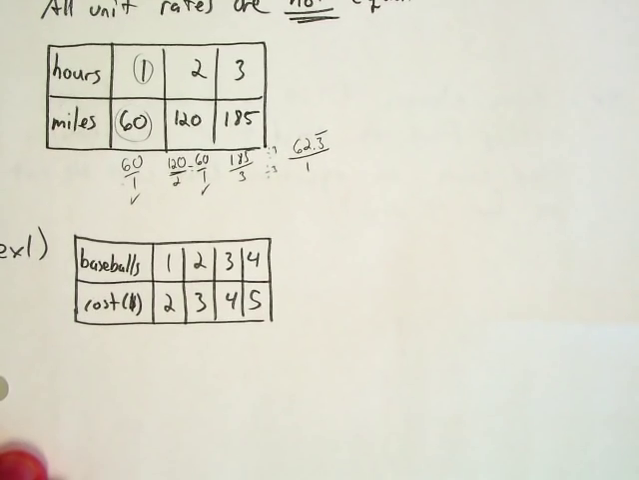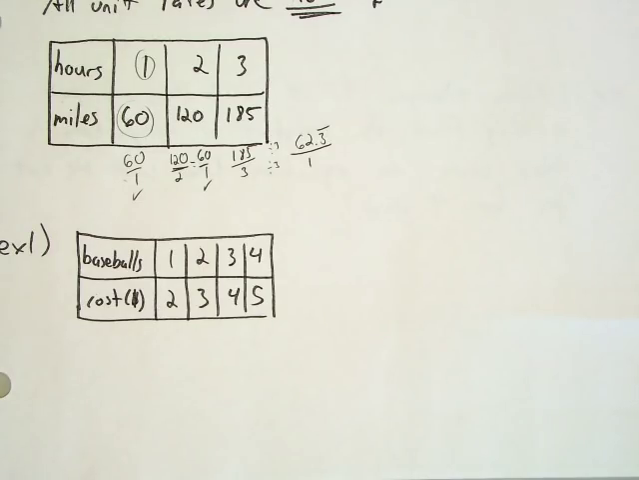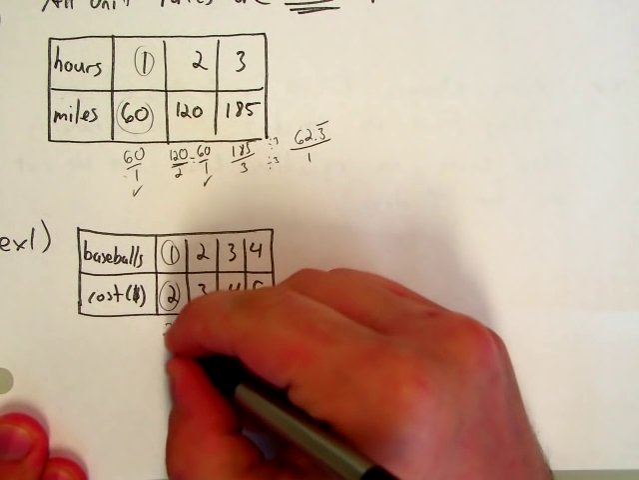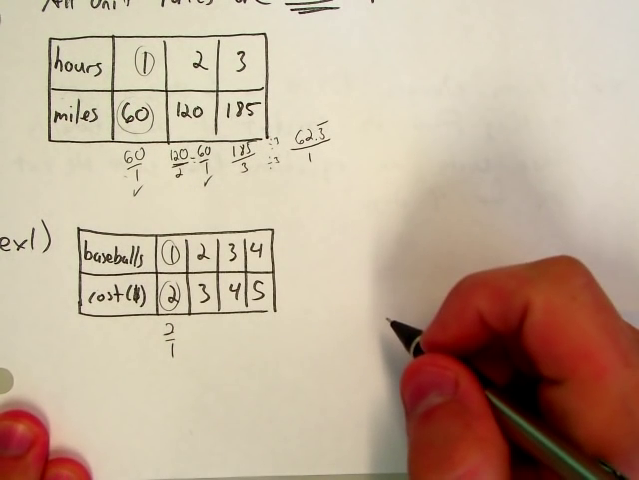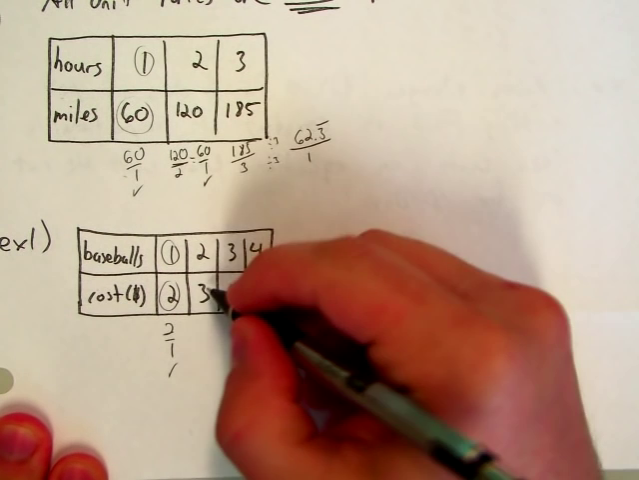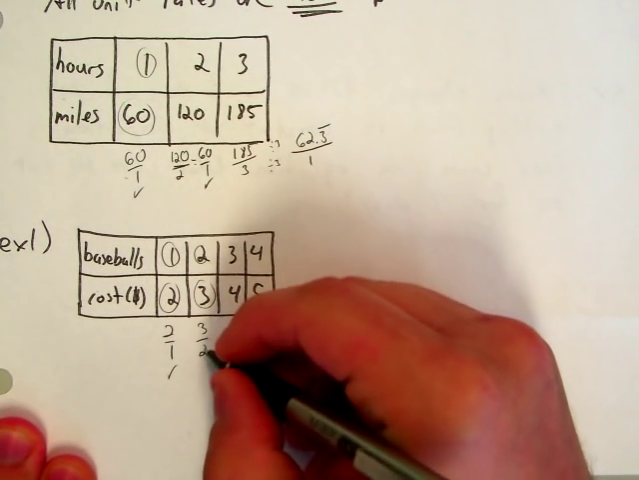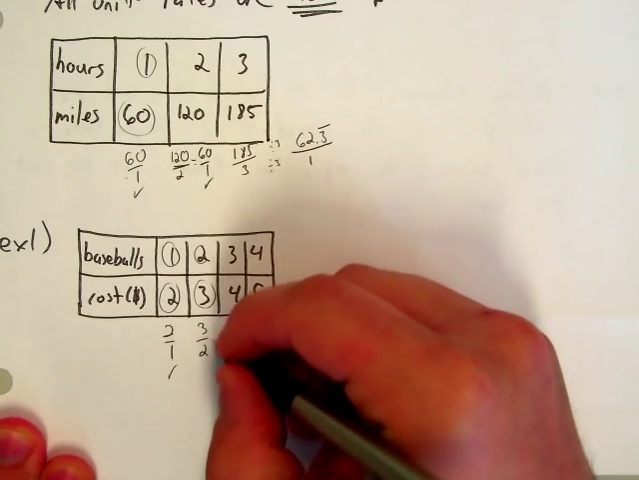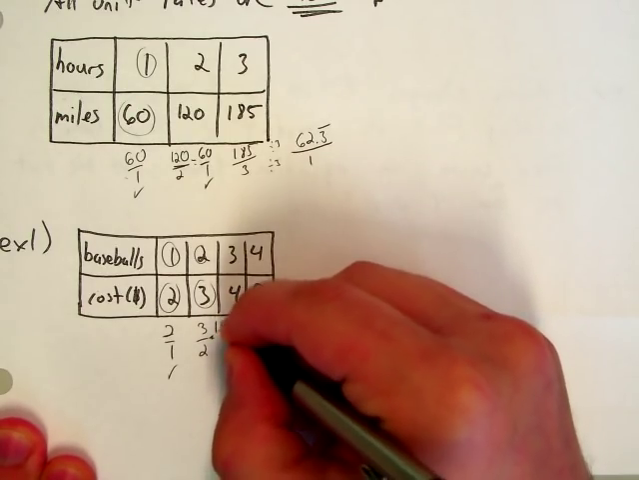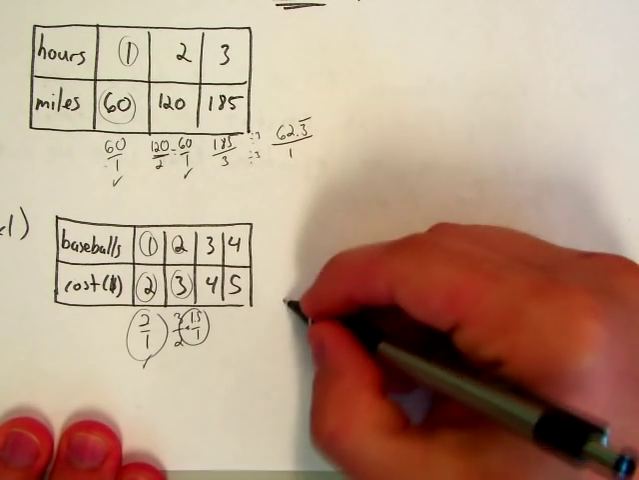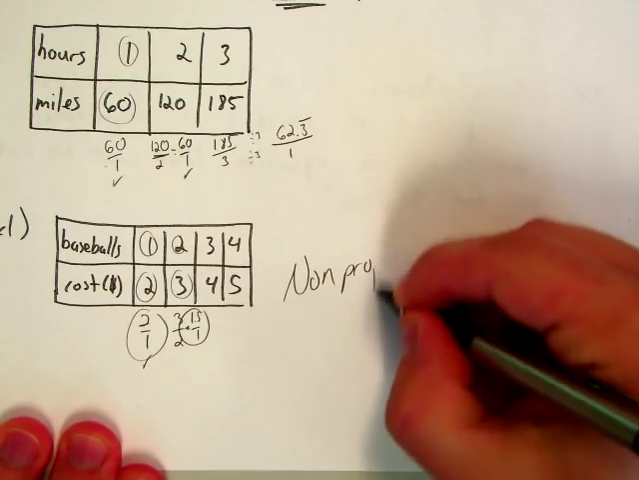So let's look at example 1 here. Example 1 talks about, is this set of data proportional? And I want to find my unit rates. So first of all, I have 2 divided by 1. That's already a unit rate, so that one is good to go. This next one, 3 divided by 2. In order to get it to be a unit rate, I have to divide by 2. And in that case, I would get 1.5 over 1. These are not the same. So we would say non-proportional